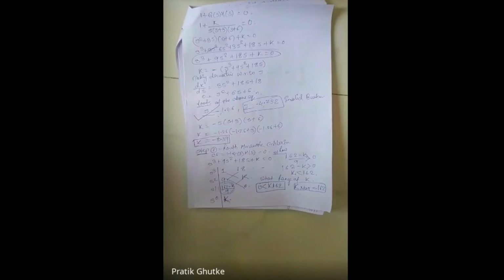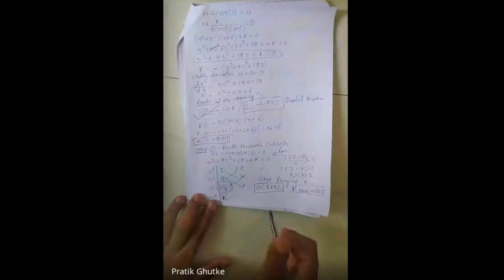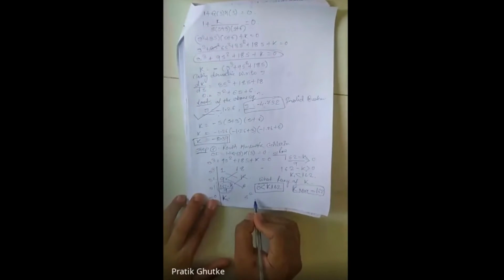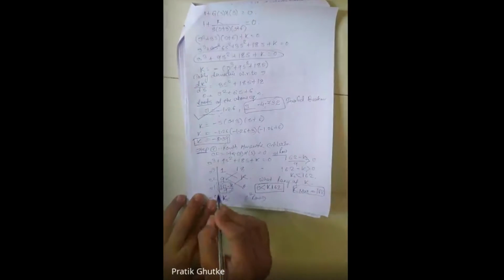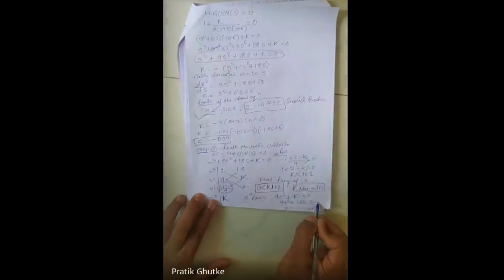So now I will take the auxiliary equation. Why? Because the auxiliary equation is used to find the omega max value. Omega max means omega n, your natural frequency. For that I will take the auxiliary equation, which is from the row from which I have calculated the value of k, above that, that means s to the power 2 row. How will the auxiliary equation become? See, 9s square plus k equals 0. So put 9s square plus 162 equals 0.